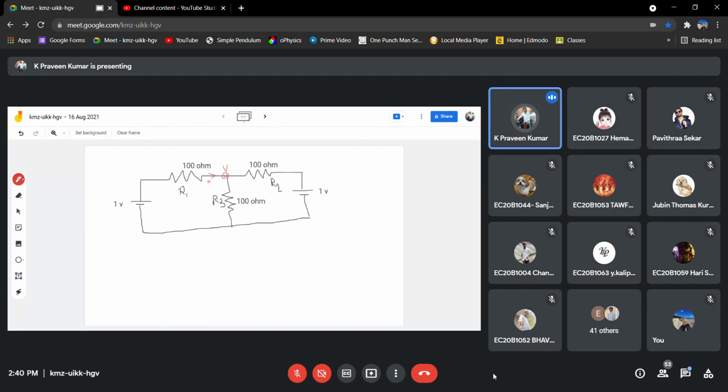Let us say this is I1, this is I2, and this one is I3, with this polarity plus and minus. This we can solve using either KCL or KVL. Which will we go with?